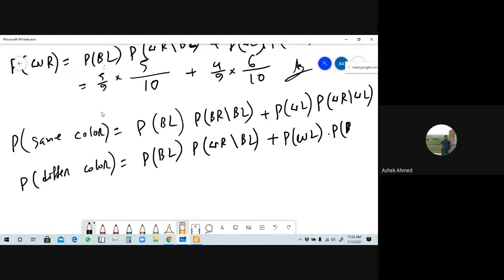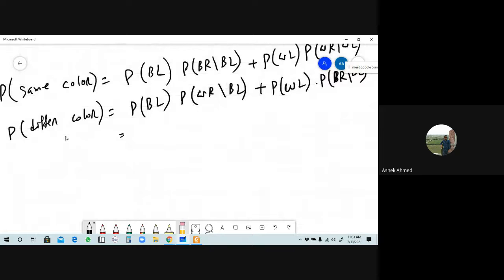Blue from right given that white from left here. Okay, tell me what the result will be in that case for different color. Can you say? Left pocket contains 5 blue marbles and 4 white marbles. What does the right pocket contain? 4 blue and 5 white. Is it right? One marble has been transferred. For that case, tell me the probability of blue from left, that will be